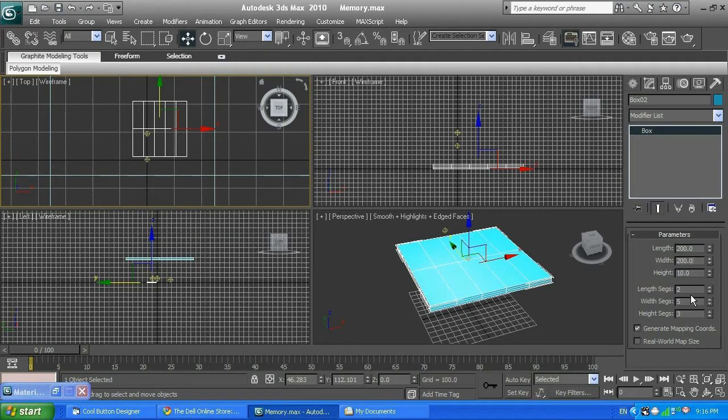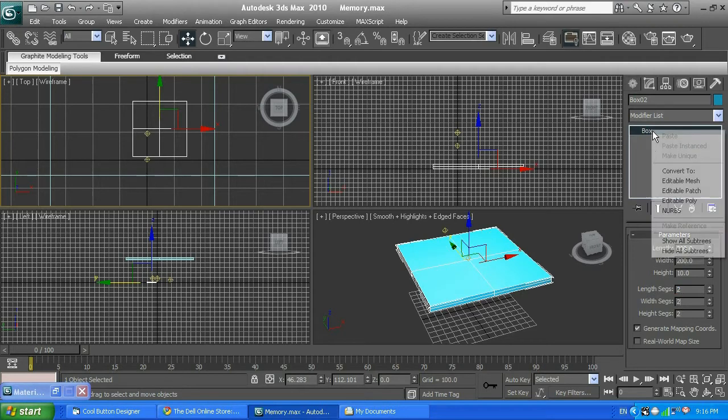Okay, and let me go ahead and say the segments 2, 2, and 2, like so. Okay, the next step, I'm going to right click, convert to editable poly,